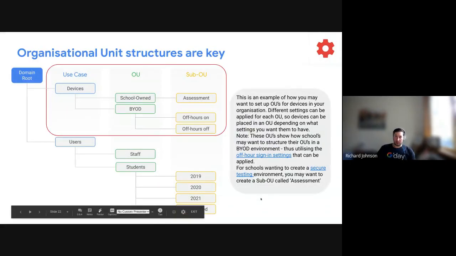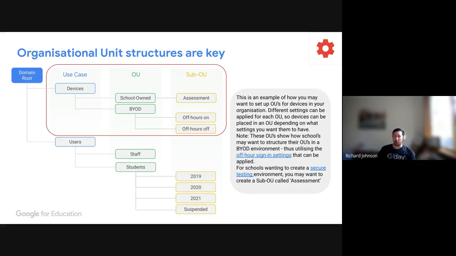So first, I want to talk about organizational units and what they are. Organizational units are almost like buckets that you put different users into, and you can segregate users based on what they mean. So if they are a student, then they can go in a student bucket. If they're a year one student, then they can go in their sub bucket, and so on and so forth. I think you understand how the structure works, but the reason that we have this is because all policies for Chrome devices are applied based on an OU structure.